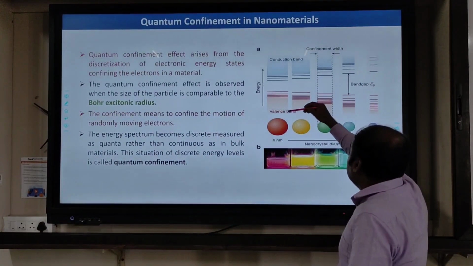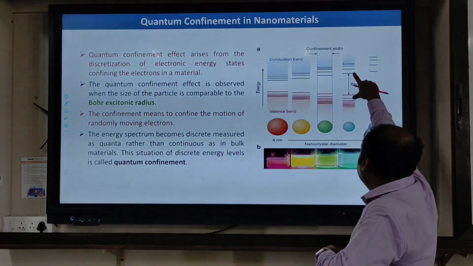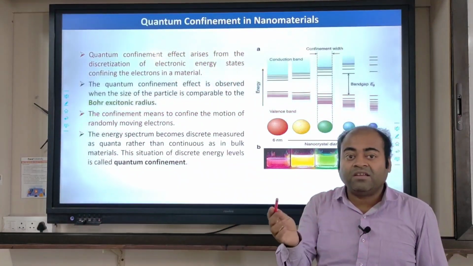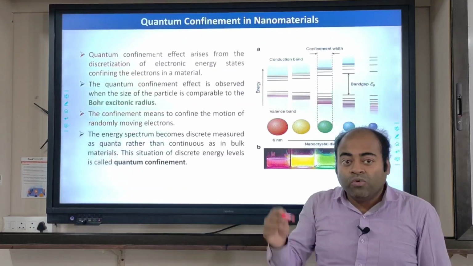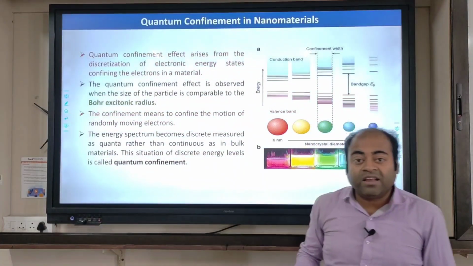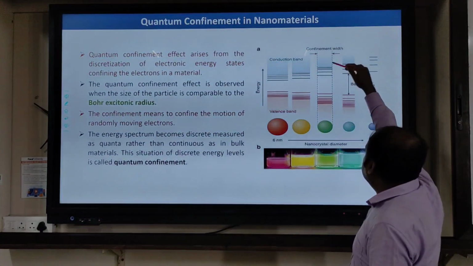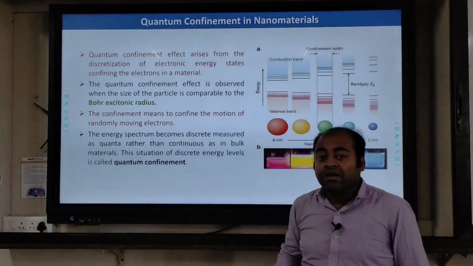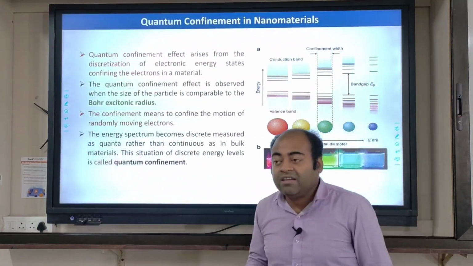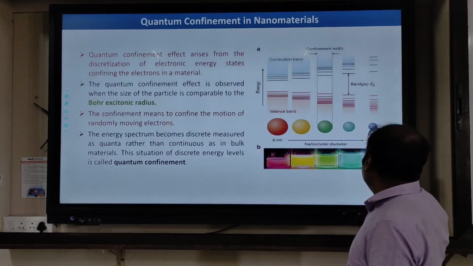So the bottom of the conduction band and the top of the valence band become farther apart, the energy gap becomes larger, and if the band gap increases, then the excitation and the emission of electrons will be comparable to those photons which have the increased band gap, and as a result the wavelength emitted by those photons which make the transition from the conduction band to the valence band will decrease, or they will shift to higher energies, and that shift is called the blue shift,